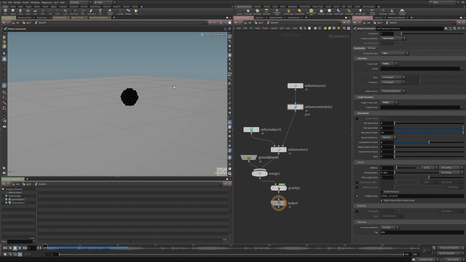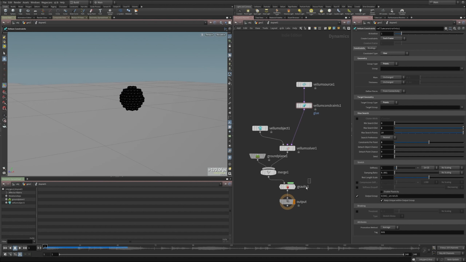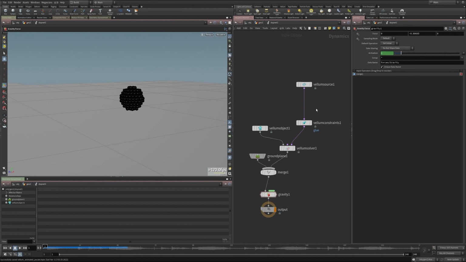Okay, so our points are sticking together. We're gonna update it and change a lot of these values. So we're just working on getting it set up right now. The other thing that we need is we need to bring in our color, and we need to bring in our p-scale every frame.